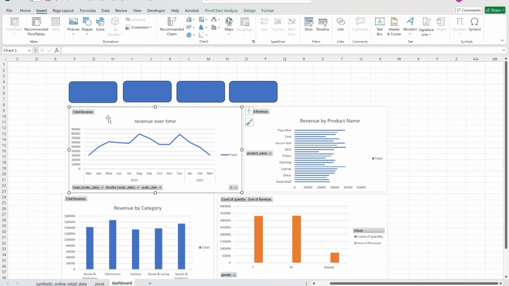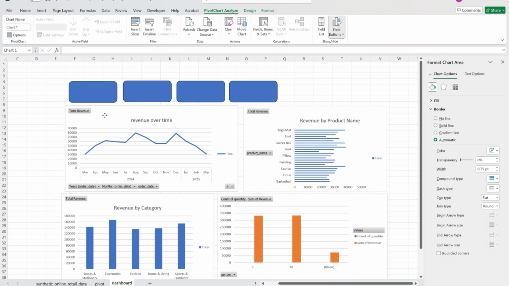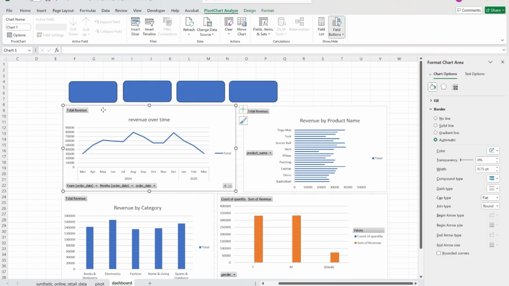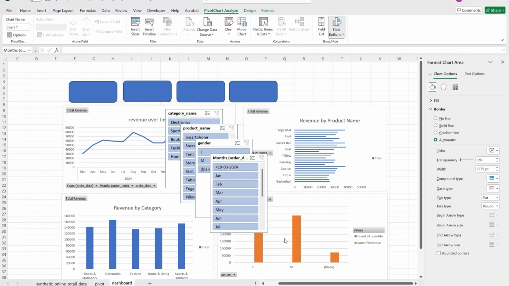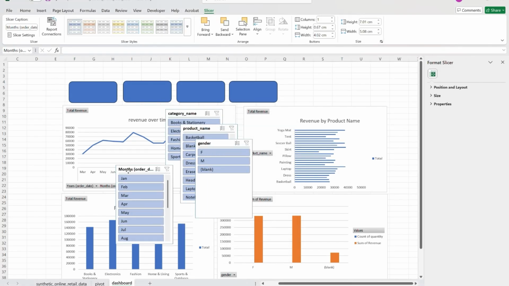So to insert the slicers, if you just click on any of the charts, you can see that this option would be activated, pivot chart analyze, and here you can see there is insert slicer. So for which column would you like to insert a slicer? Let's say I want to insert a slicer for the gender column, a slicer for the category column, and for the months of order date, then coming to my product name. So these 4 slicers are something that I'm thinking to add.